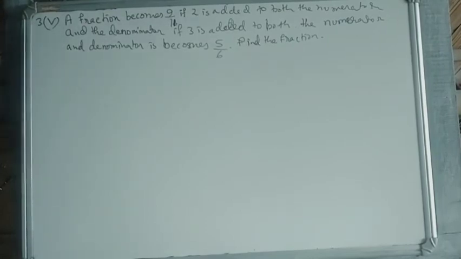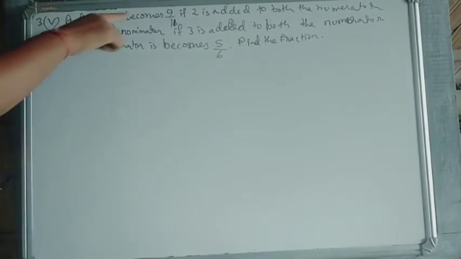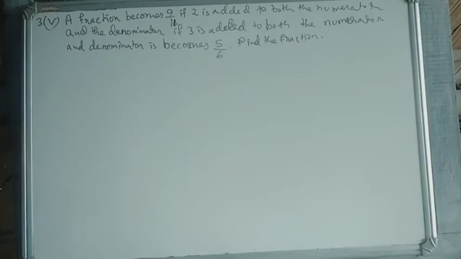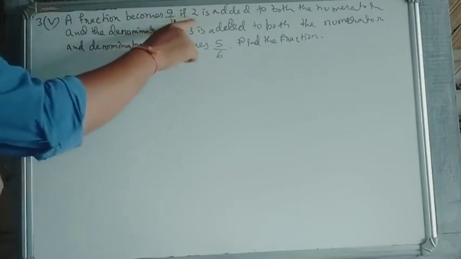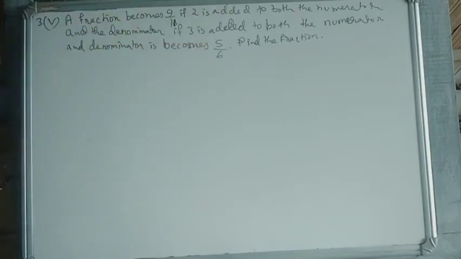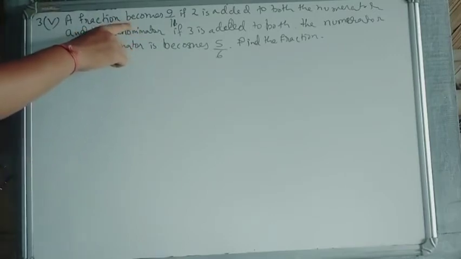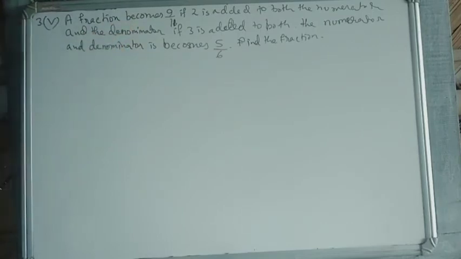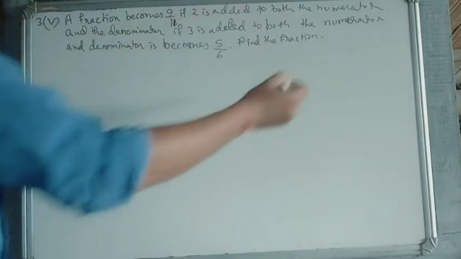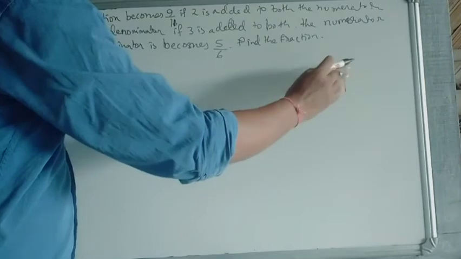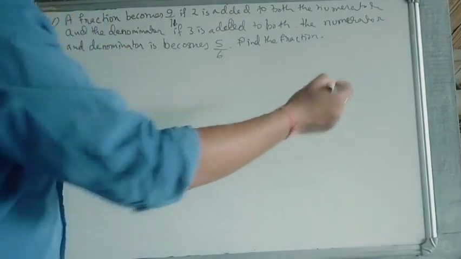Now see in this question what it is there. A fraction becomes 9 by 11 if 2 is added to both the numerator and the denominator. So what is it saying? If a fraction, that means any number which is in the fraction form,